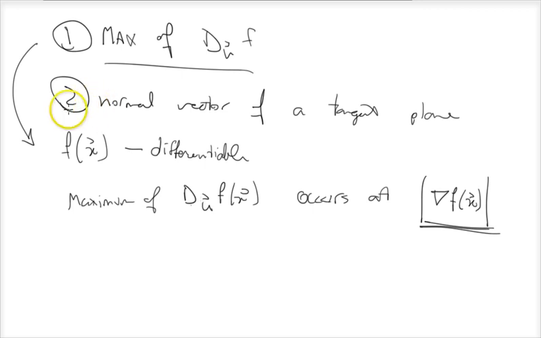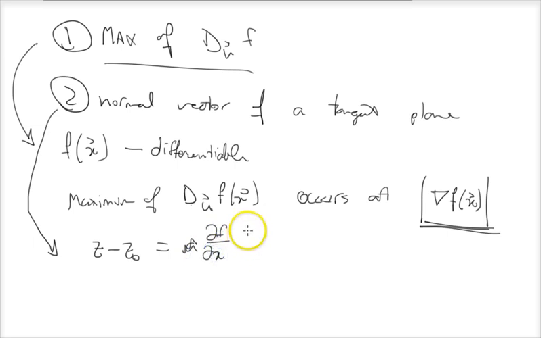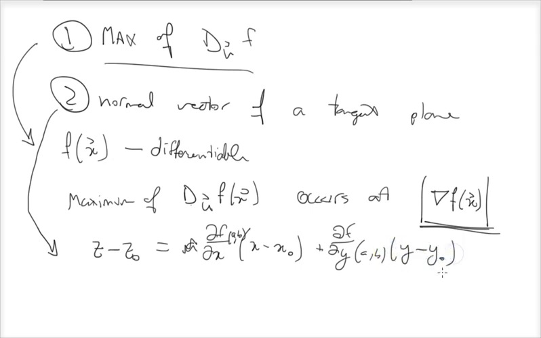And now for finding the normal vector of the tangent plane, if you remember, the equation of a tangent plane is z minus z sub 0 is equal to, oh yeah, del f del x at a particular point (a, b) times x minus x sub 0, plus del f del y at a point (a, b) times y minus y sub 0. And